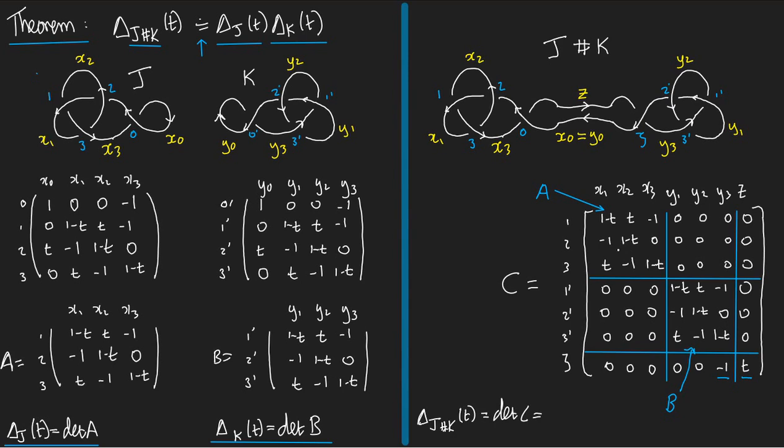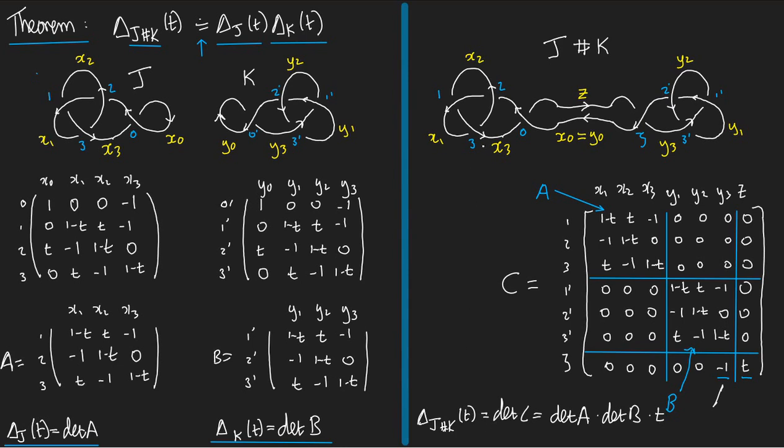Now, what is C? It's a block matrix, which is block lower triangular. So it's divided into blocks. The diagonal blocks have things in them. The things below the diagonal blocks may have things in them. That's this -1 here, right? That's below the diagonal. But above the diagonal, that's in this box, and this box, I have all zeros. So it turns out that in that circumstance, the determinant of the big block matrix is the product of the determinants of the diagonal matrices. So it's the determinant of A times the determinant of B times T,